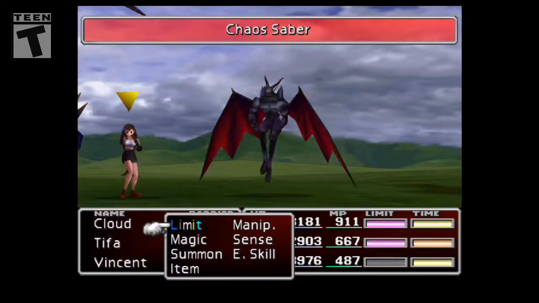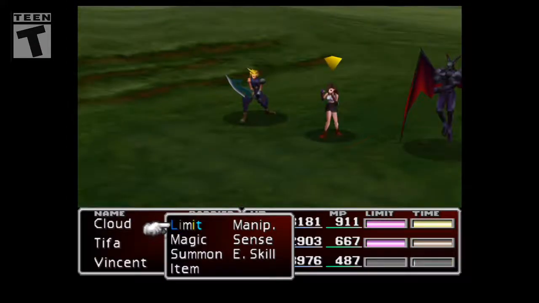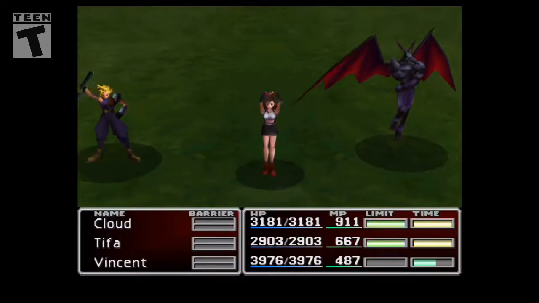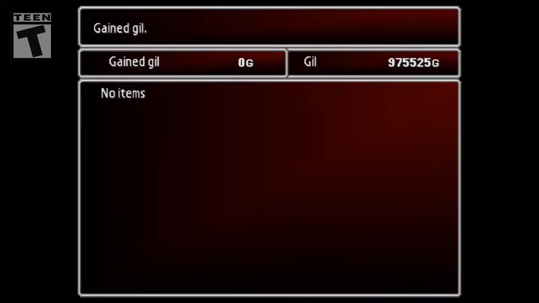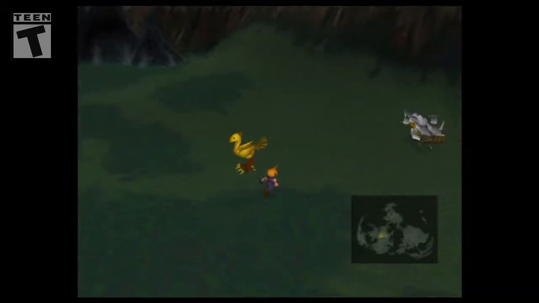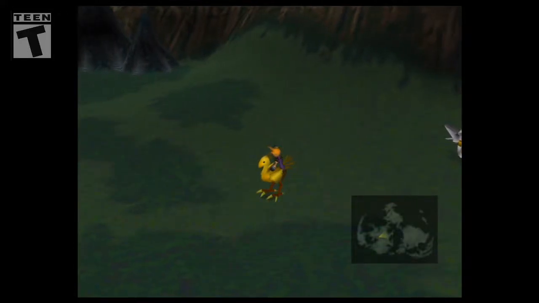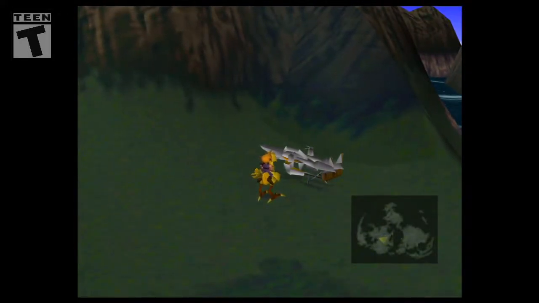Alright, which one are we gonna do? Cast Saber. Yeah. Even Chaos gets a backstory in the game, Dirge of Cerberus. It's really cool. Again, like I said, the gameplay is weird because it's a third-person shooter. So, yeah, it's kind of awkward. That being said, let's do...